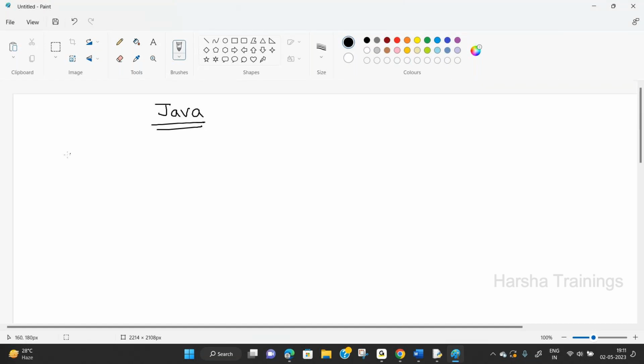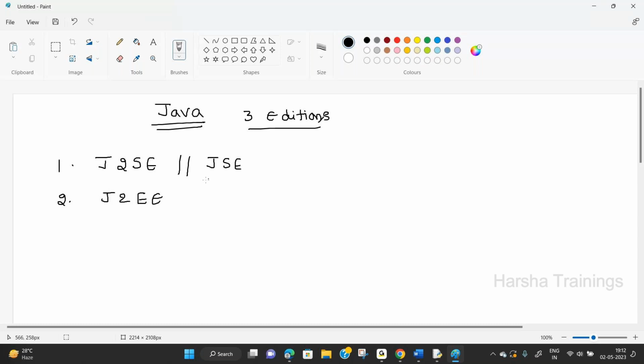Java has mainly three editions. So the three editions are J2SE, it is somewhere called JSE also. You can use any name. J2SE or JSE. Second one, J2EE or JEE.